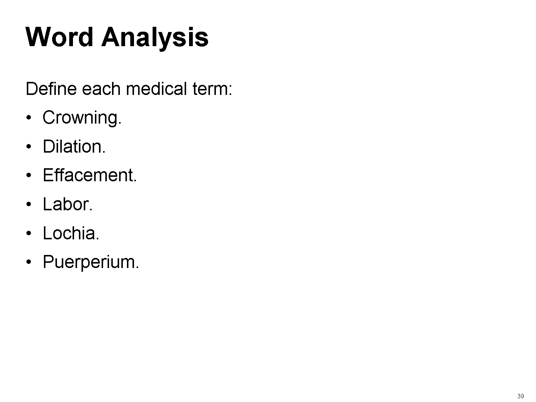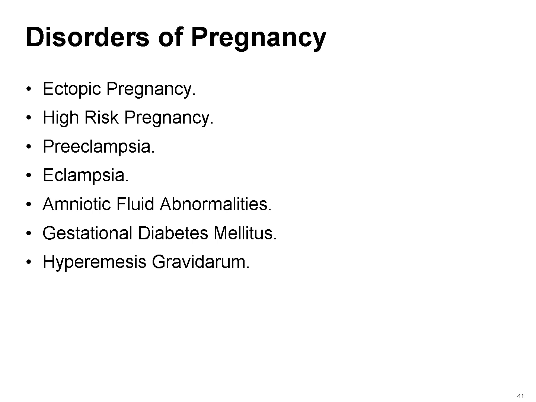size and hormonal adjustments. Let's discuss the disorders of pregnancy and childbirth. Pregnancy can involve complications and conditions requiring specialized care and attention. Let's explore some of these conditions. Ectopic pregnancy occurs when the zygote develops outside the uterus, most commonly in the fallopian tube. This condition is life-threatening and requires immediate medical attention.